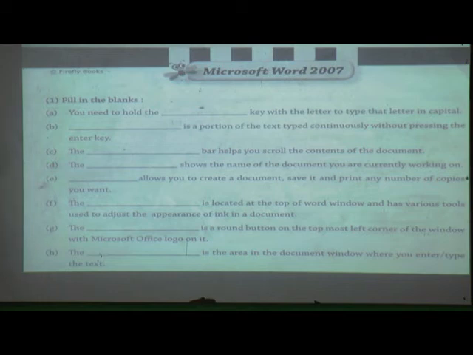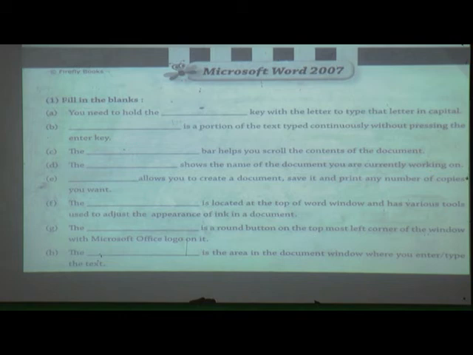You need to hold a dash key with the letter to type that letter in capital. Means for writing all the letters capital, which key is useful? Yes, by using the shift key also we can. We need to hold, means continually hold.